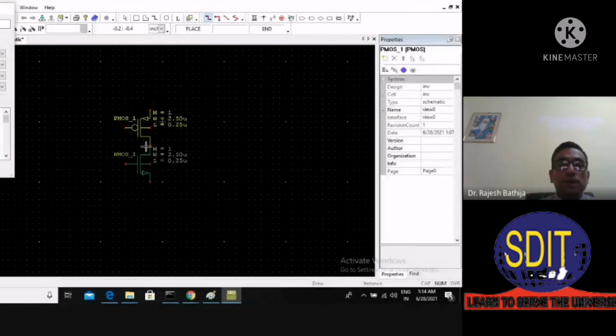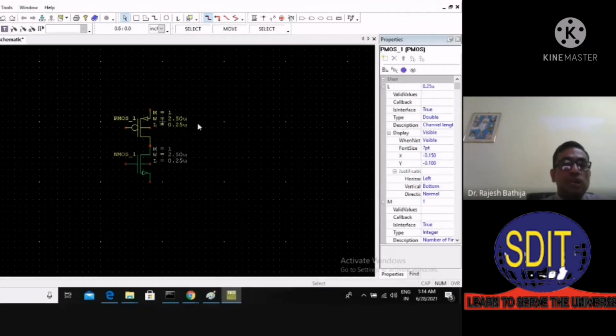So this W by L ratio, we have to design using certain specification given to us, right? So W is here by default it is coming as 2.50 and channel length is 0.25 U, right? I have to change this channel length because I'm using 0.6 micrometer technology file over here, right? Although it is very old technology, we have to use a different technology, but rather I have only here 0.5 micrometer technology. That's why I'm using here 0.6 micrometer as the channel length.